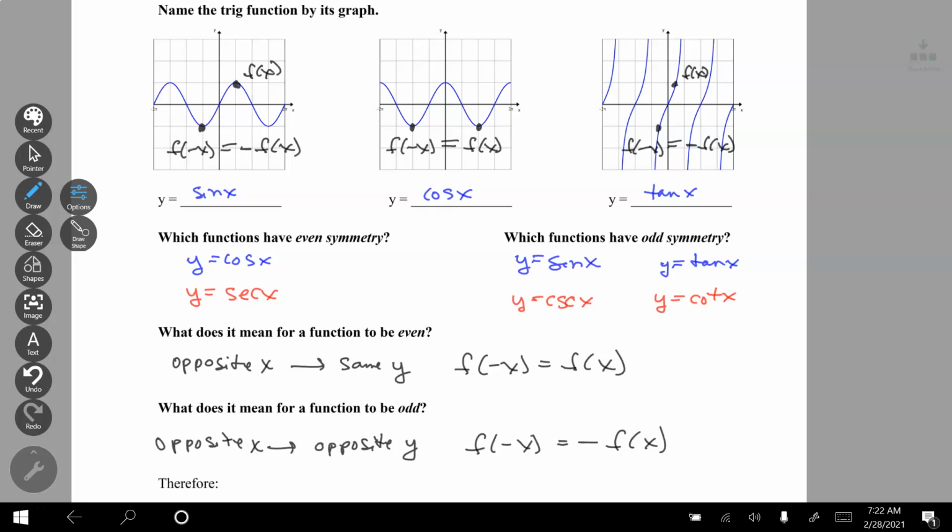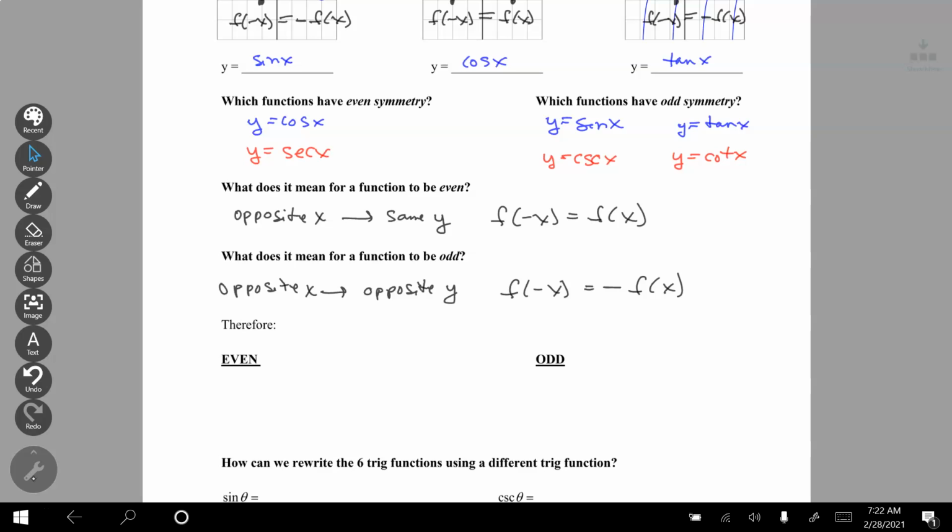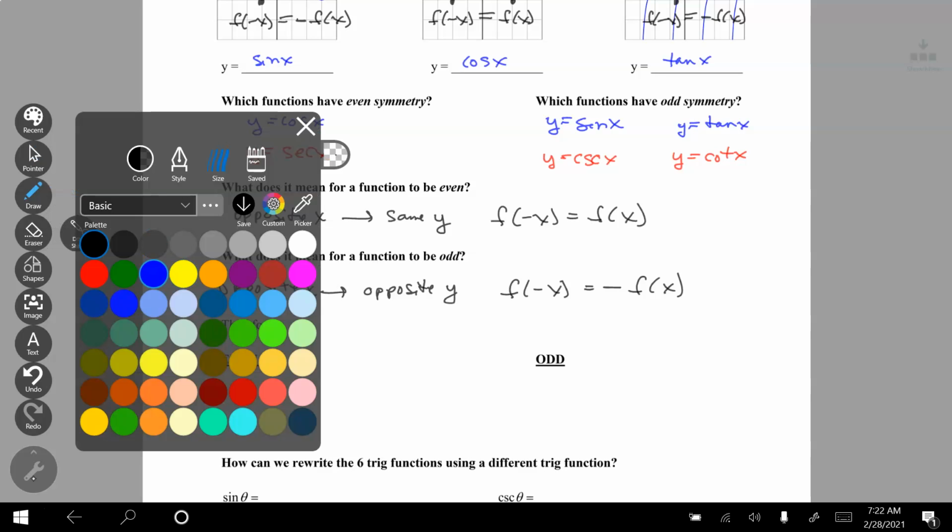Okay, that's what it means to be even and odd. Yes, based on the symmetry, which even being folding over the y-axis and odd being a rotation of 180 degrees, but this is numerically. So how do I apply this to trigonometry? Well, I'm going to take those three functions that I have above, and I'm going to say